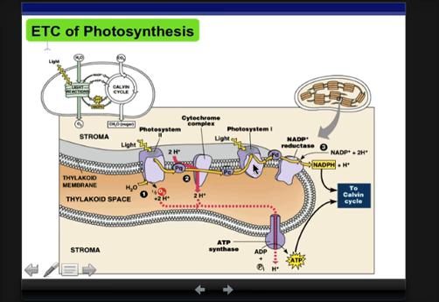Alright, so you're probably wondering where the carbon dioxide comes in, because we didn't talk about carbon dioxide going into this situation. Well, we're not going to talk about using carbon dioxide until the light independent reaction, the Calvin cycle. So this is where we're using water, this is where we're using light, and we're ending up with NADPH, which is a lot like NADH, it's just another electron carrier, okay, with a little extra phosphate thrown in there. I probably should have pointed that out to you earlier, but don't be intimidated. It's the same kind of thing. It's just another electron carrier, and